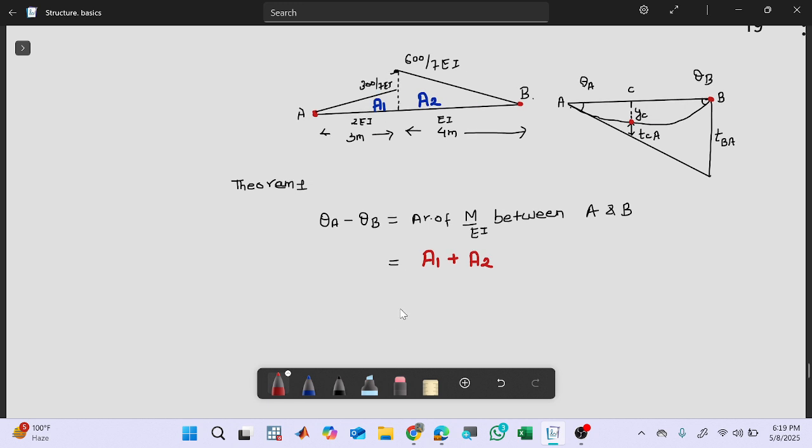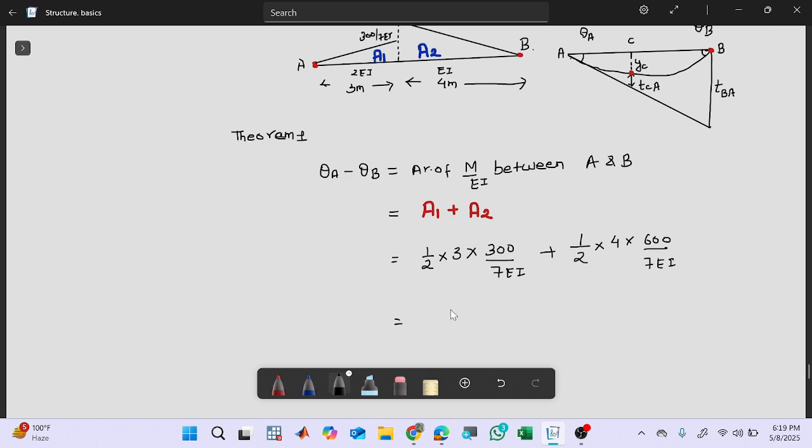And what is the area of A1? Isn't it 1 by 2, that is triangle, into base that is 3 into height that is 300 by 7 EI, plus what is the area of A2? It is 1 by 2 into 4 into 600 by 7 EI. So if I solve it, I should be getting 900 plus 2400,